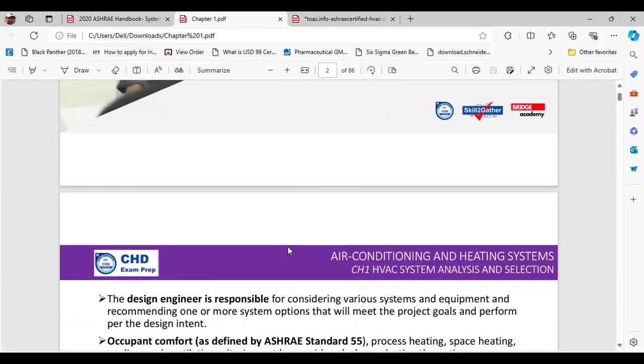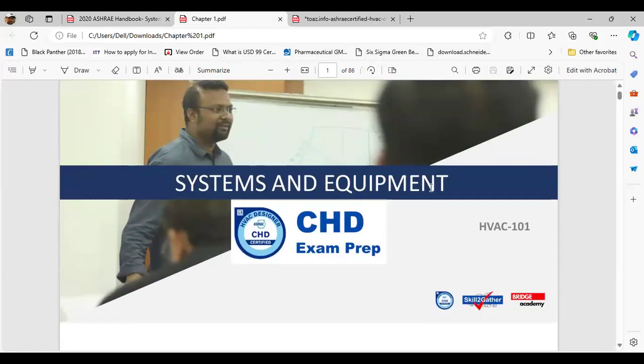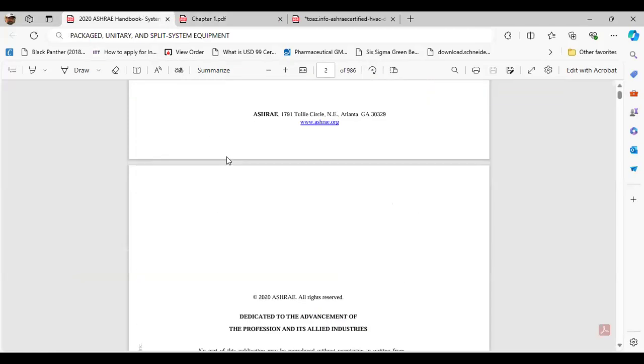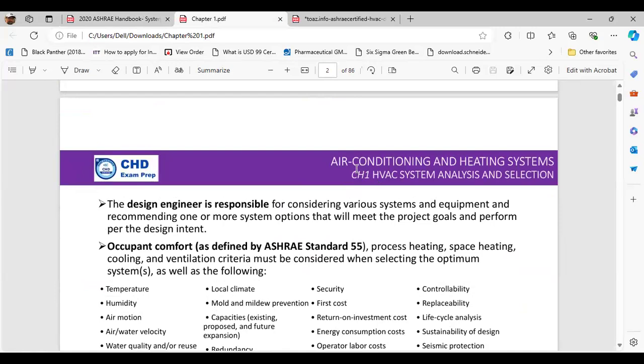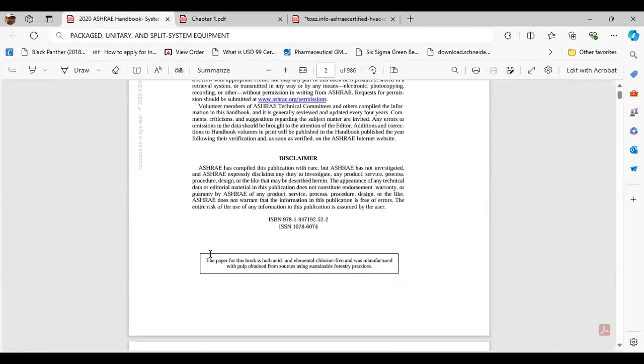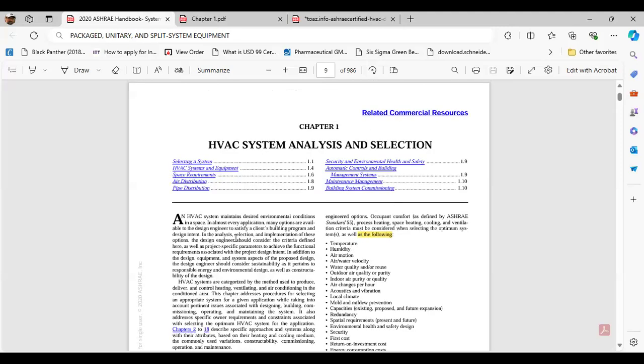First of all, notes are written by chapter. So let's say this one is systems and equipment. So the systems and equipment handbook is this one. And the first slide is about Chapter 1, HVAC System Analysis and Selection. So if you go in the handbook, you'll find Chapter 1, HVAC System Analysis and Selection. Now, if you go to Chapter 1,